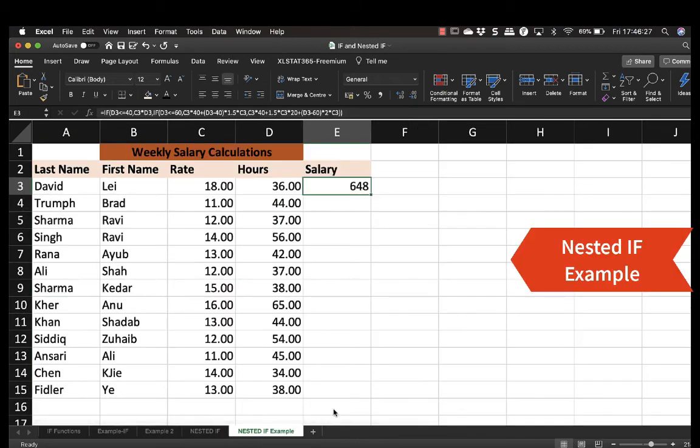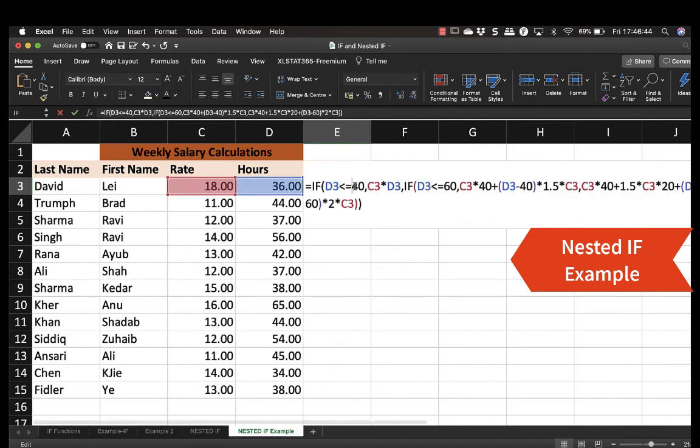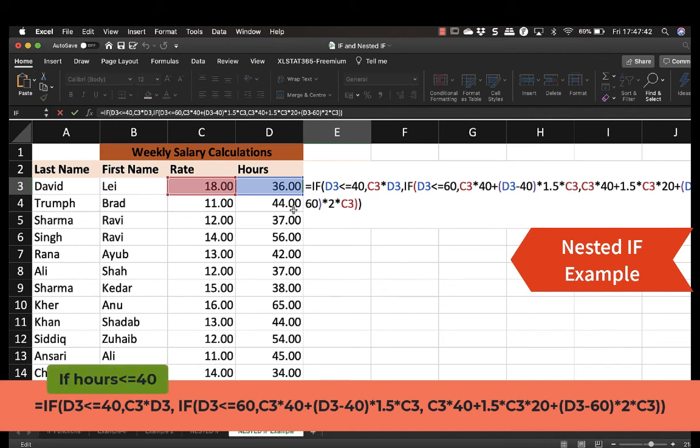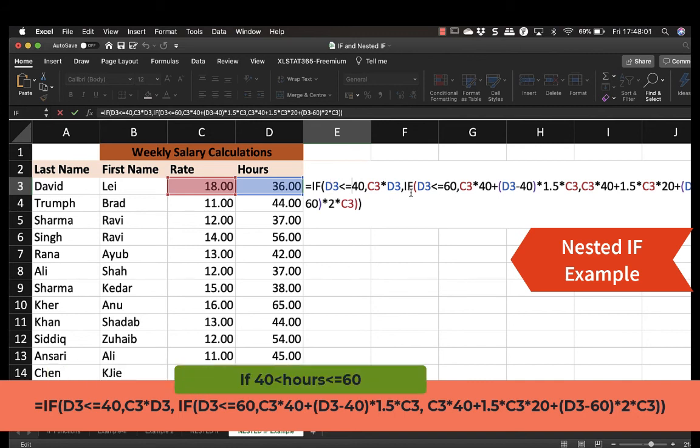Now if I show you again this payroll example, I'll show you how the nested if works. Nested if works by adding to the formula. It means that if an employee worked up to 40 hours, I will pay him the regular rate, that is the first case. Now if he worked over 40 but less than 60, I will pay him 1.5 times for the overtime.